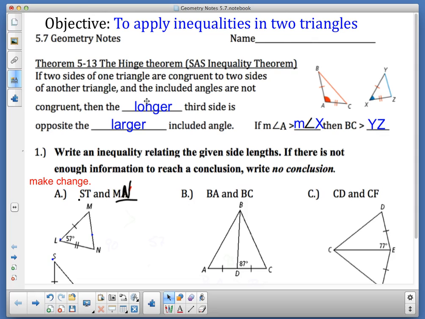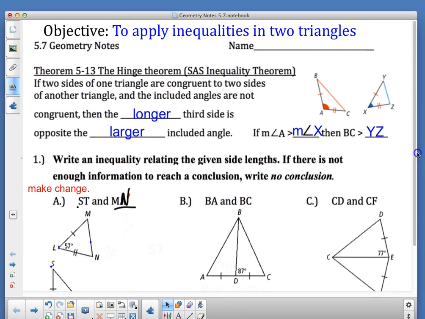So now here's the deal. Yesterday we learned about the relationship between angles and the sides of a triangle, and we talked about those skills. We couldn't extend outside the triangle or to a triangle connected to that triangle. Today, with the hinge theorem, which is side-angle-side inequality, we can do that. We can compare triangles that aren't connected. We can compare the size of angles and the size of corresponding sides based on the information given to us. But we have to pay attention, and it's all about reading diagrams again.